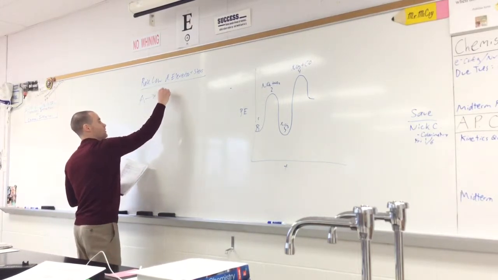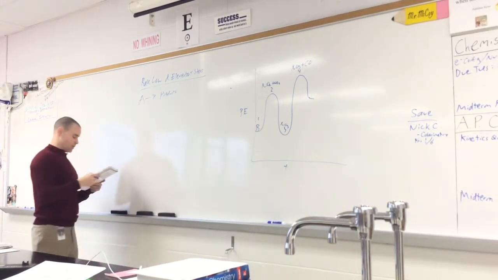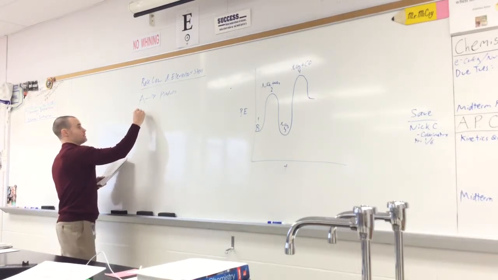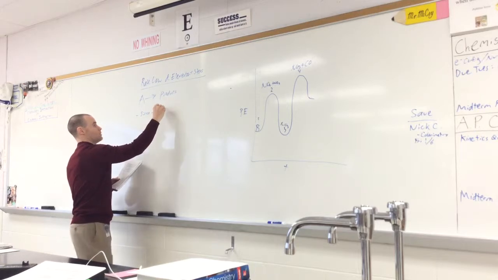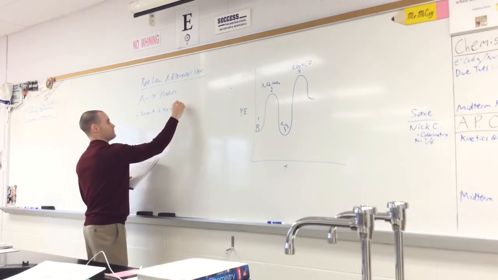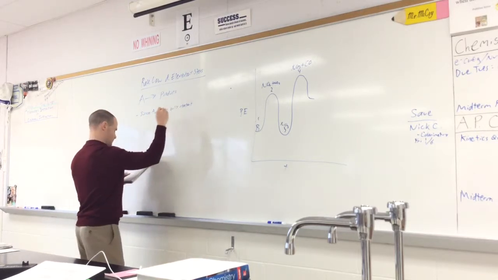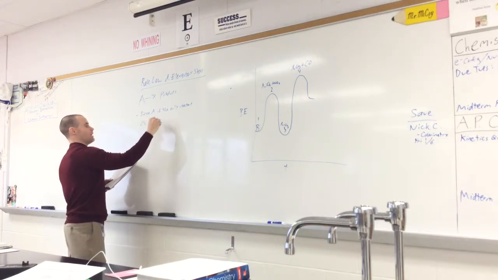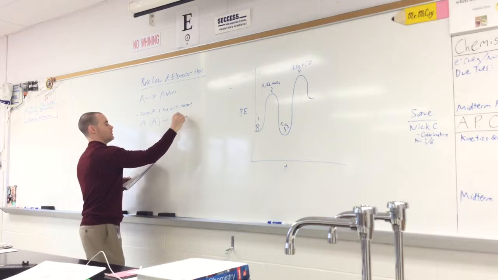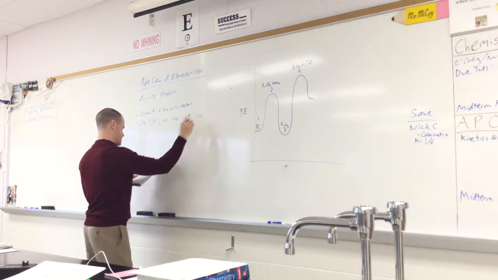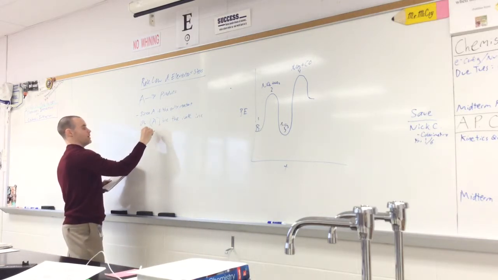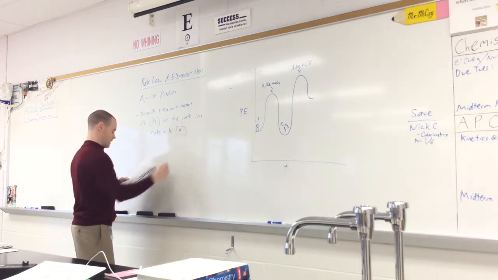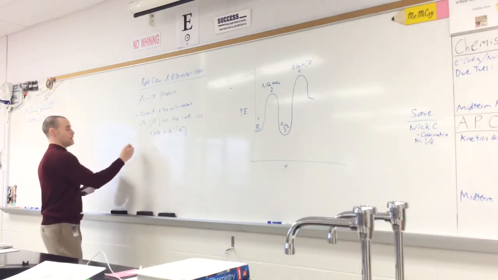A yields products. This would be unimolecular, since A is the only reactant. As the concentration of A increases, the rate will increase. So that rate law would be rate equals k times the concentration of A to the first. Nothing new. If we had